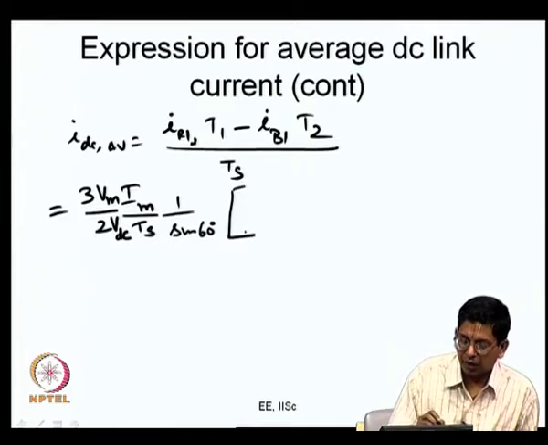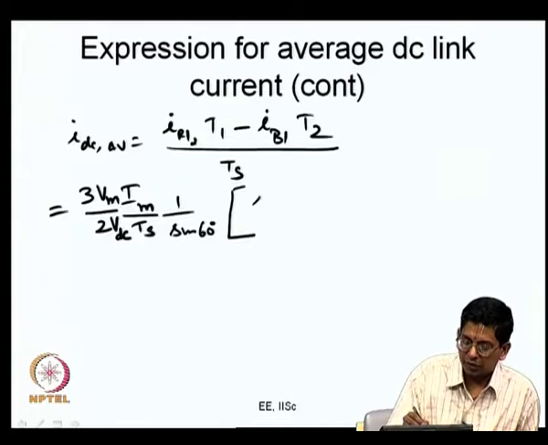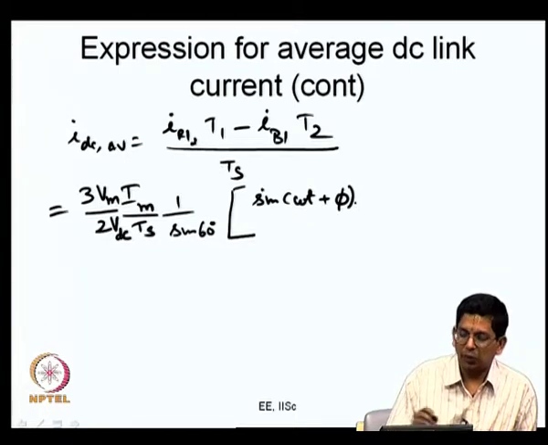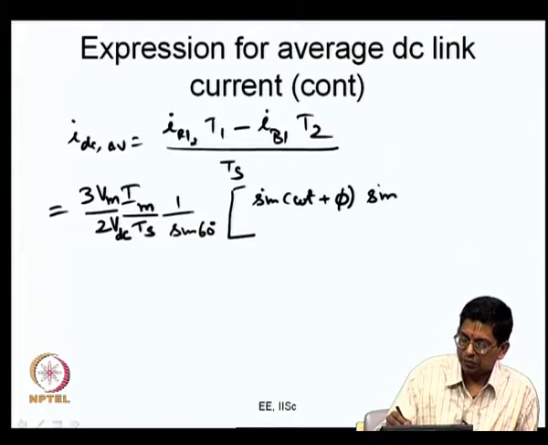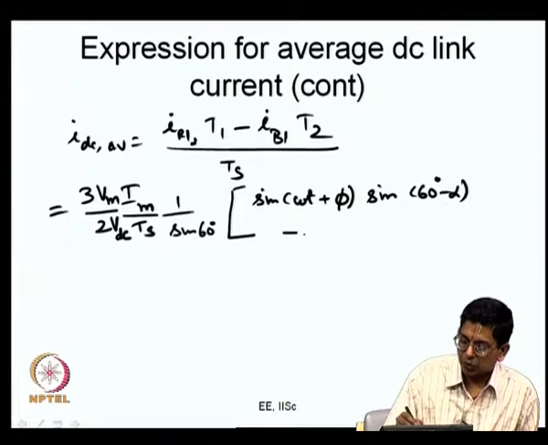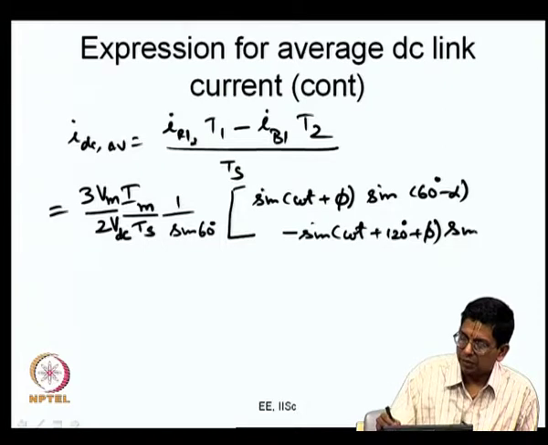And now, what I have is from IR 1, sin of omega t plus phi, that is multiplied by, for T 1, sin of 60 minus alpha. Then for minus IB you have minus of sin of omega t plus 120 degree plus phi multiplied by sin of